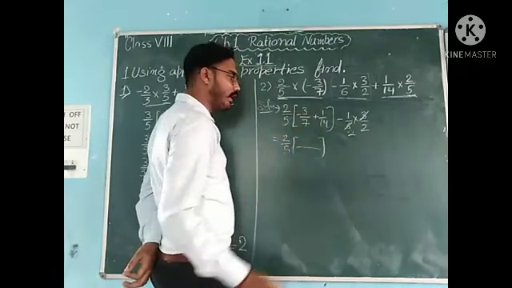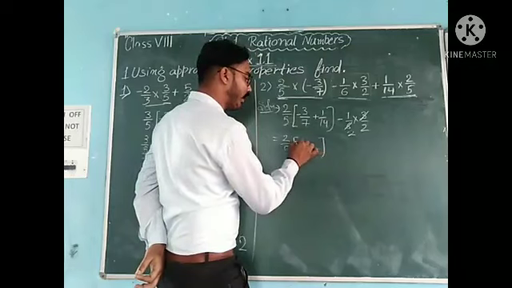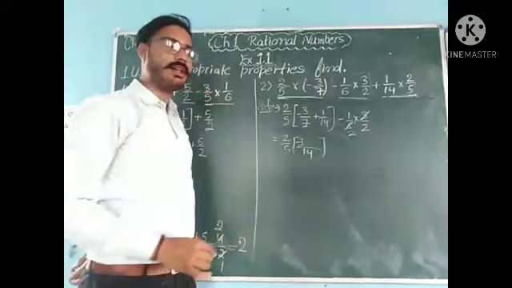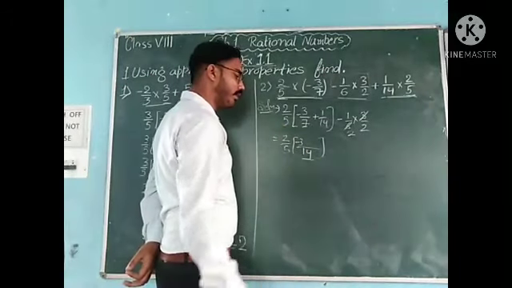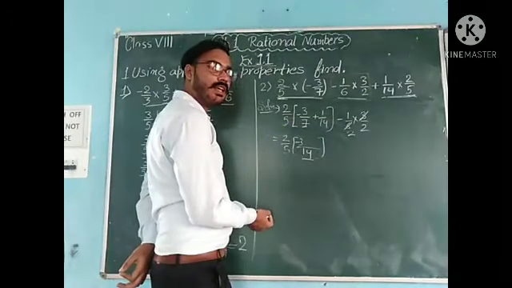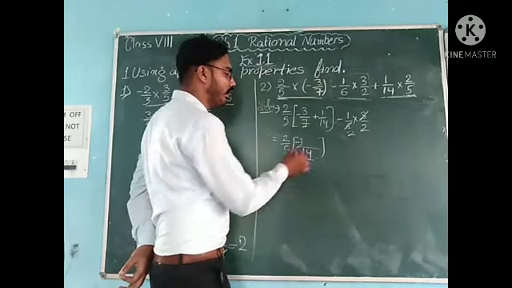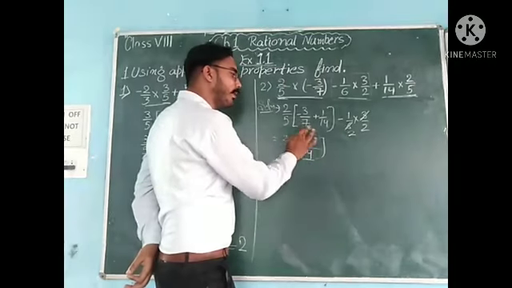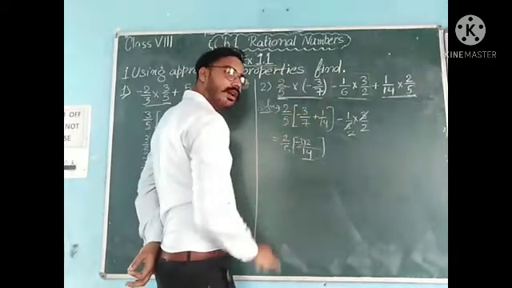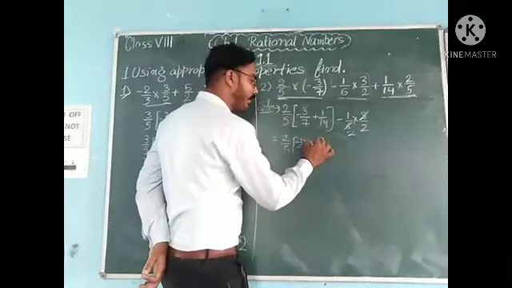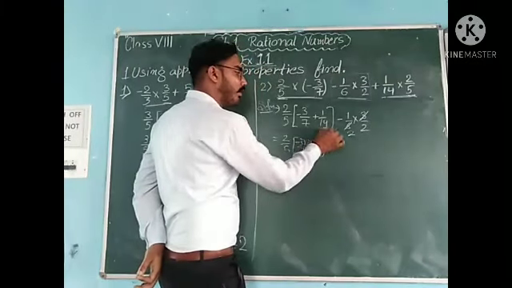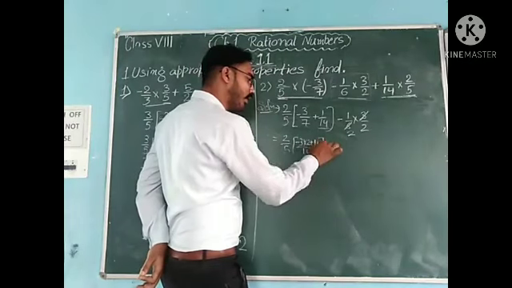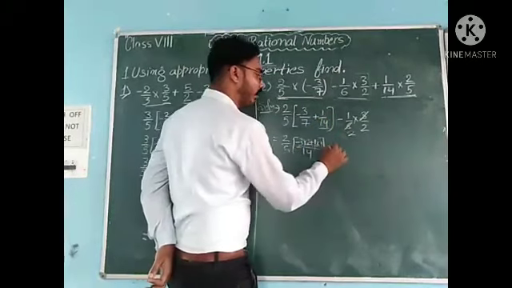LCM of 7 and 14. 7 and 14's LCM is 14. Now write minus 3. By what? We have to multiply the 7 to become 14. 7 को किससे multiply किया जाए so that it will become 14. It will be multiplied by 2. 7 को 2 से multiply करना था ना. जो हमें पता चला किससे multiply करना, उसको उसके numerator से multiply कर देना. After that plus 1. 14 will be multiplied by 1. It will remain 14. So multiplied by 1, its numerator.